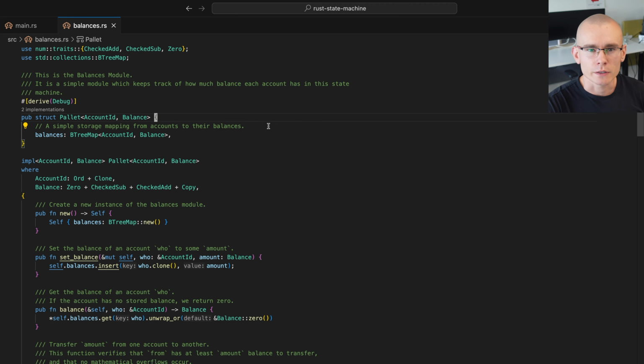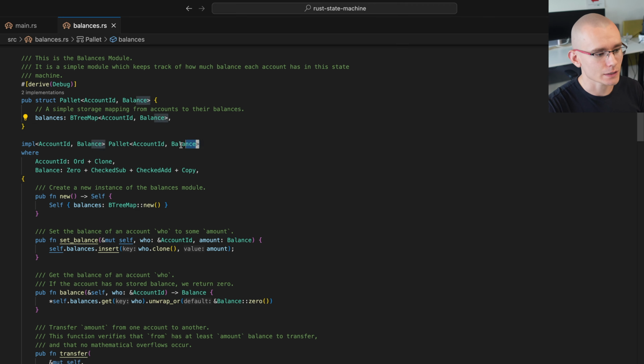Let's walk through the updated generic balances palette now. We define for the palette the account ID and balance and reuse this in the B tree map here. Now inside the implement block, we need to specify the generics again, as well as for the palette, and